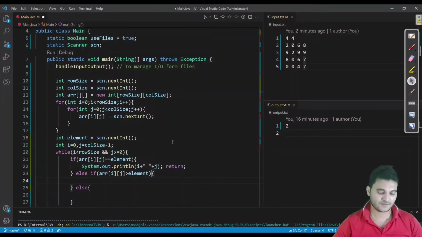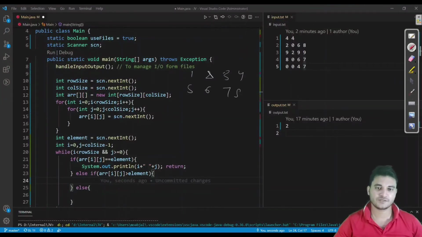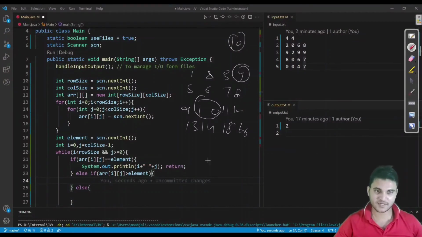Or else if, let us say, we are into this, for what we were searching for, 1 2 3 4 5 6 7 8 9 10 11 12 13 14 15 16, checking for 10, let us say, for this. If it is equal to 10, then simply print I and j and return from here. If this is greater than element, if 4 is greater than element, then what we have to do, we have